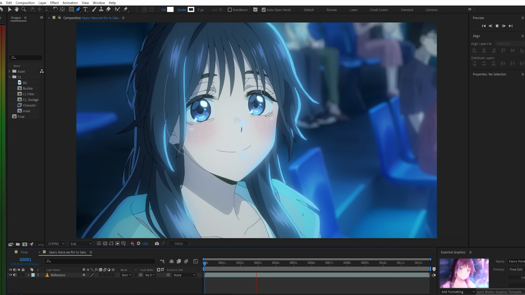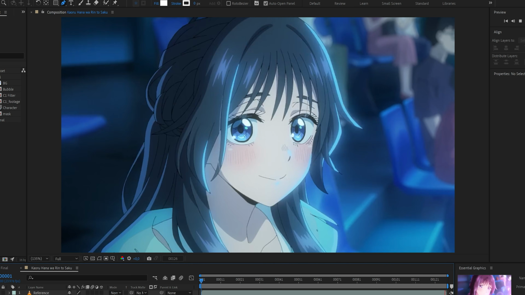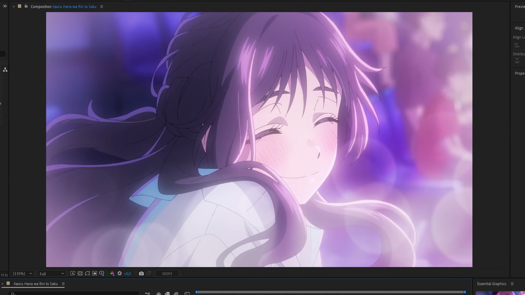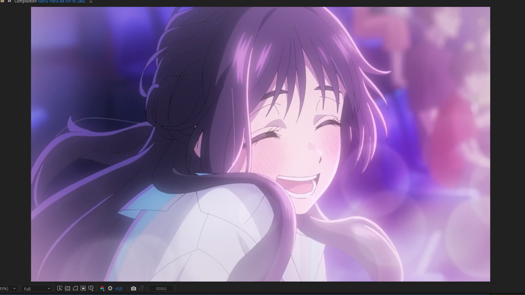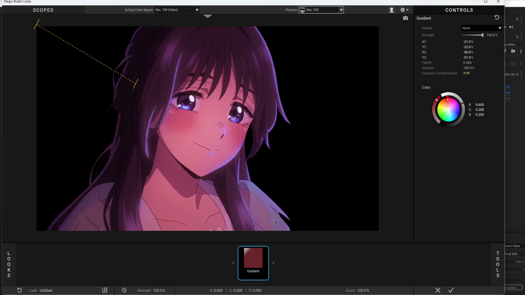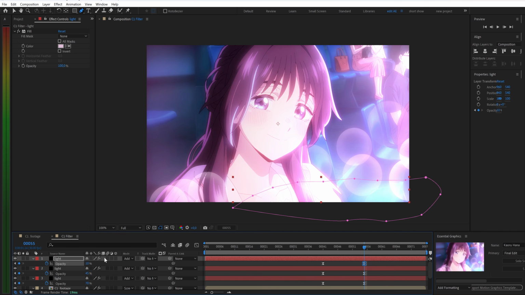In this tutorial, we'll create a romantic anime scene inspired by "The fragrant flower blooms with dignity," using After Effects. This idea was inspired by a viewer's request, so today I'll show you how to recreate a romantic anime scene like this. We'll go through color adjustment, creating soft bubble effects, and finishing with lighting and color grading to achieve